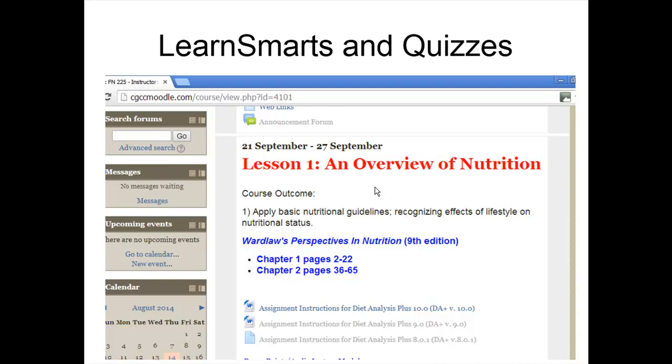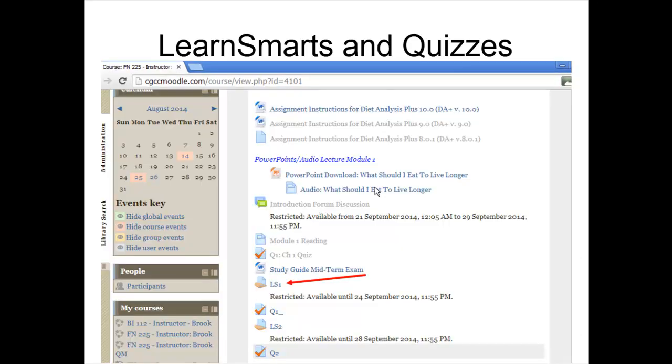Connect Learning System. So first of all, you just go into Moodle and log in, and then go to the lesson, whatever lesson. You'd start with lesson 1, and then you'll notice that there are LearnSmarts and there are quizzes. So I would recommend doing the LearnSmarts first because they're kind of an overview of the chapter. And there's flip cards, and I'll try to get an audio video type of thing that will instruct you on how it's going to help you. But anyway,